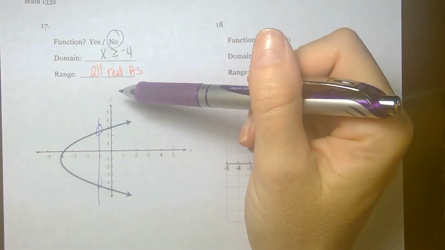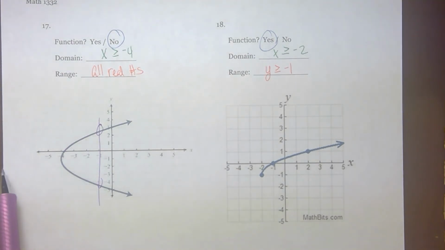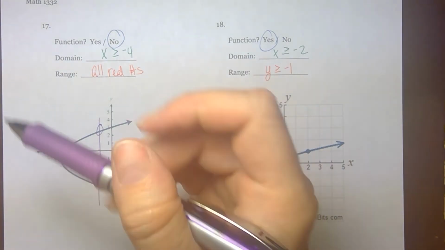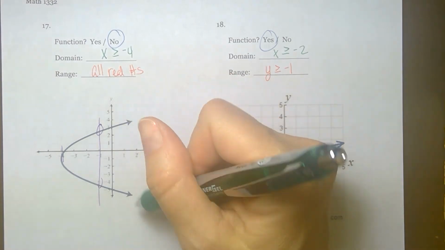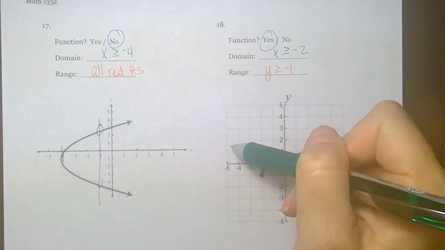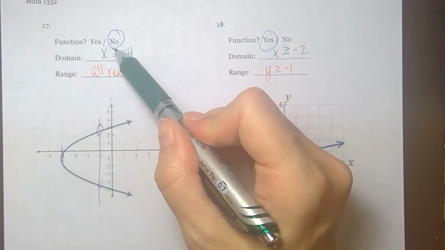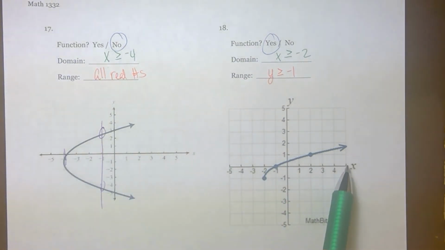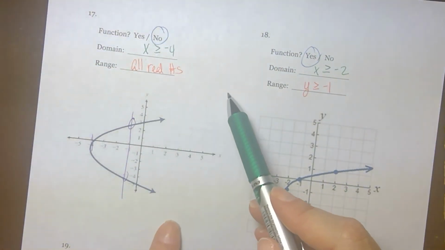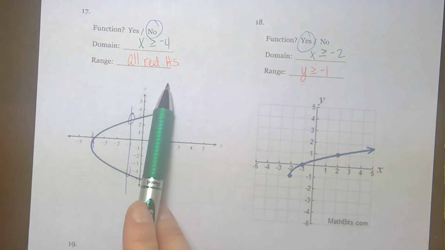For domain, I'm looking at all possible x values. So I start over here at the x-axis where -infinity heads towards, and I move to the right just like I'm reading a book. Well, I see my function starts right there when I get to -4. And these arrows on the end mean it just keeps going on and on forever in this direction. So the lowest value of the domain is -4. I have x values greater than or equal to -4. As this parabola shape that's laid on its side travels to the positive direction of the x-axis, it gets wider and wider and wider. So as that widens for infinity, it's going to include all possible real numbers in the